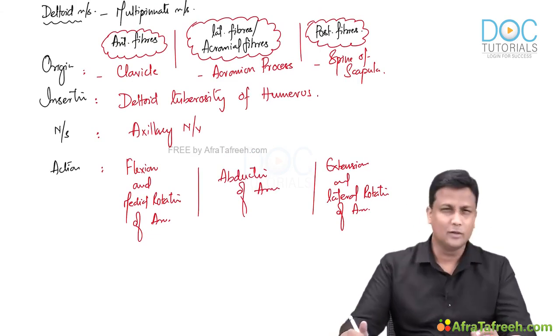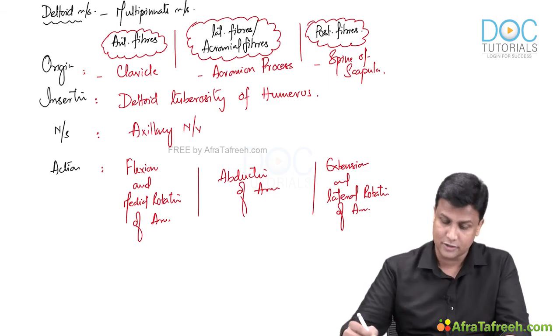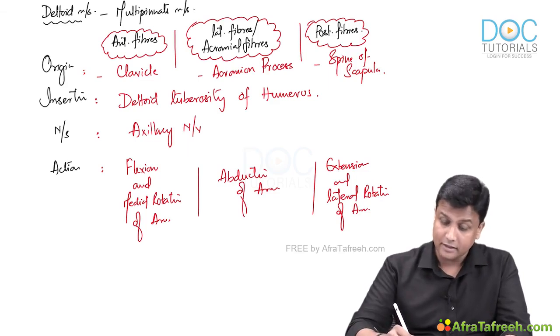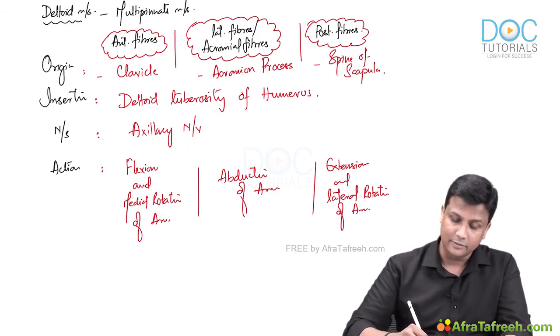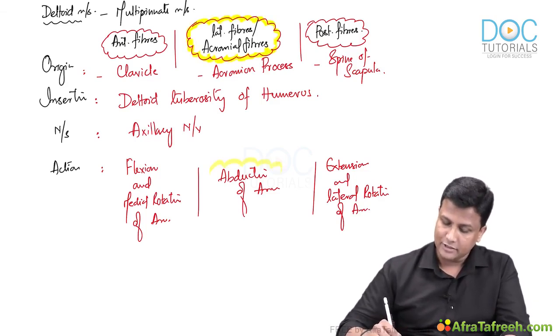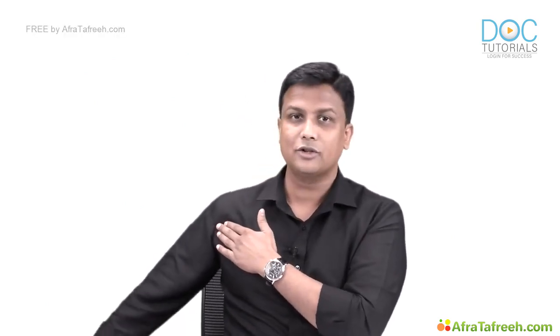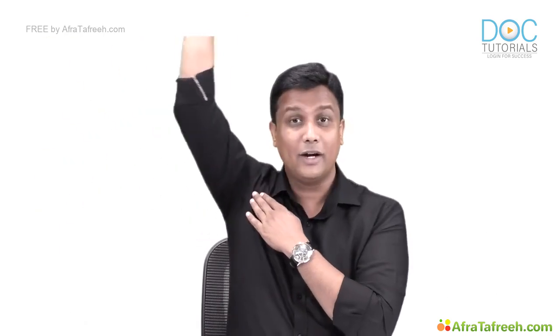Now you might be like, sir, why is this topic so important? Is there any importance? Is there any question asked here? Of course. And the question was mainly about the lateral fibers of deltoid, that is the acromial fibers of deltoid. And acromial fibers are actually helping in abduction of arm. When I am trying to do the abduction of arm, I can start from 0 degrees here. From 0 degrees, I can keep on doing the abduction of arm up to 90 degrees. And not only 90, I can keep on doing the abduction up to 180 degrees also. I can abduct my arm from 0 to